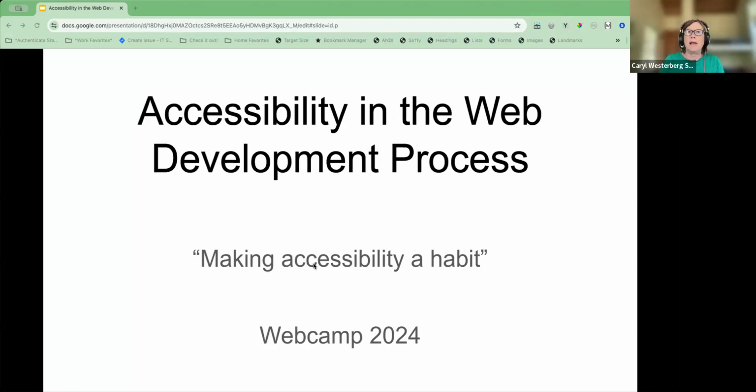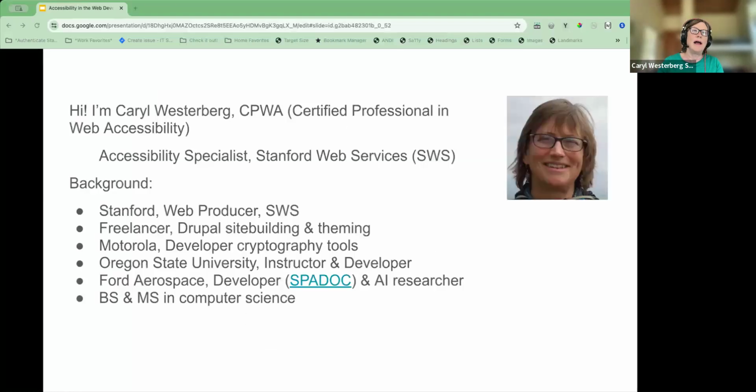Okay, so my current goal in life is to make accessibility a habit. So I'm Caryl Westenberg. I have a CPWA, that's a Certified Professional in Web Accessibility. I'm an accessibility specialist at Stanford Web Services, and I have a plethora of computer software